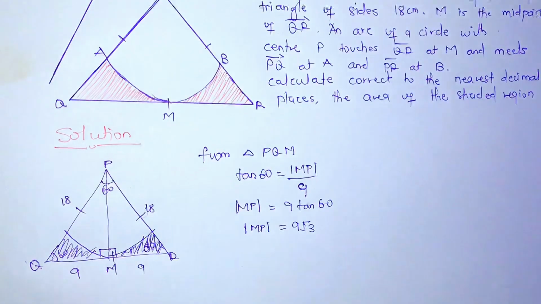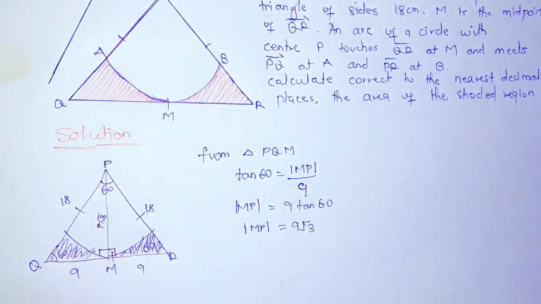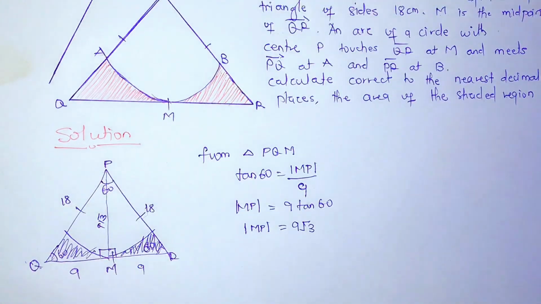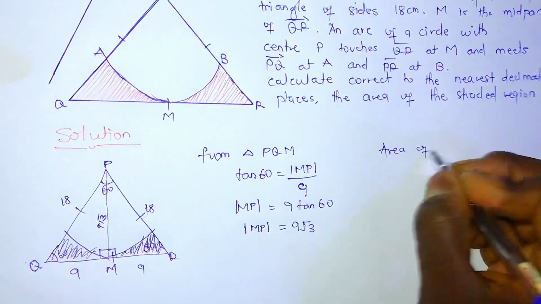So length MP is 9 root 3. So let me put that here, 9 root 3. Now let's find the area of the entire triangle. Area of the entire triangle here. So area of triangle